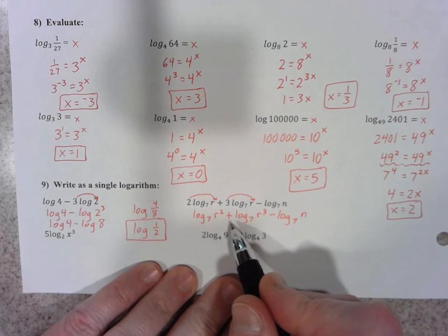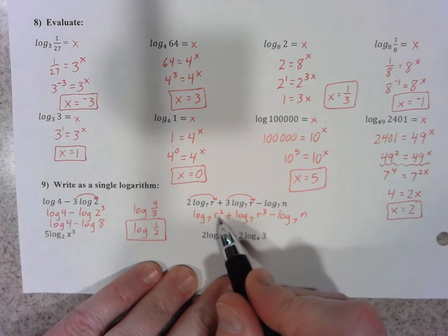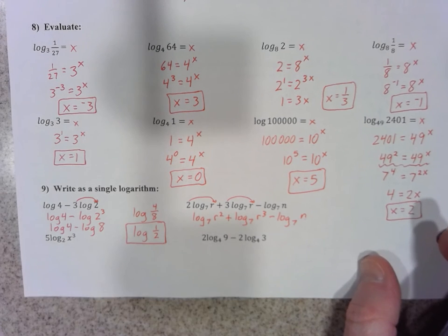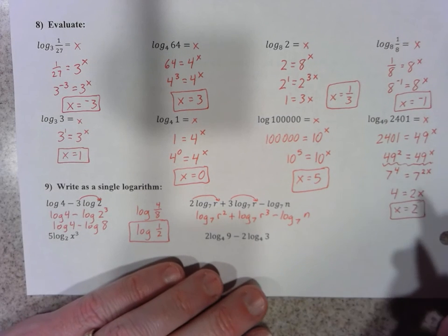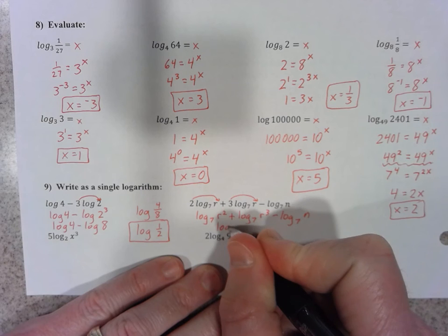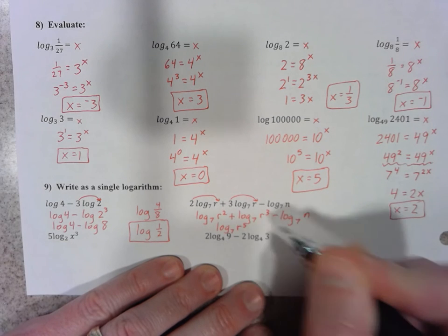So when you add these two together, they both have the same base of 7, but we're going to multiply r squared times r to the third. And when you multiply r squared times r to the third, it means that you add the exponents. So we're going to end up with log with base 7 of r to the fifth power